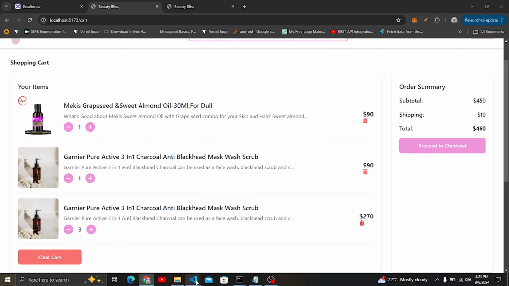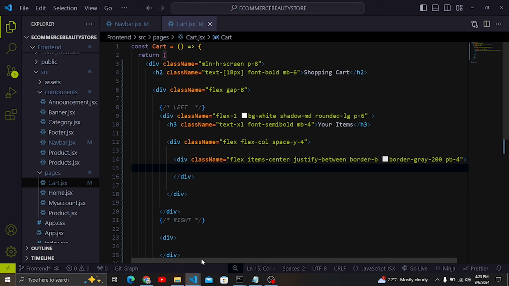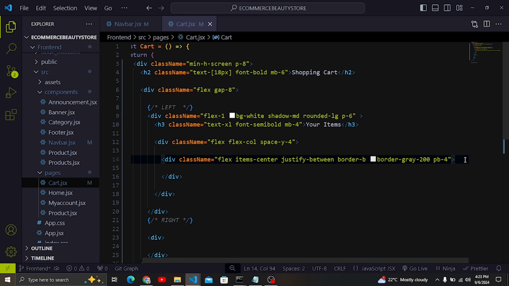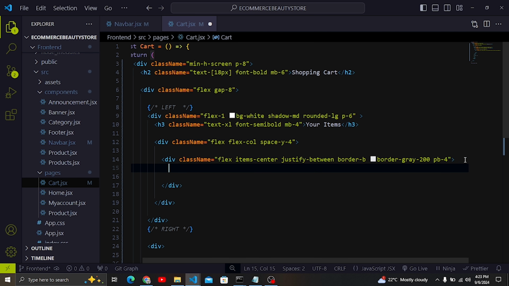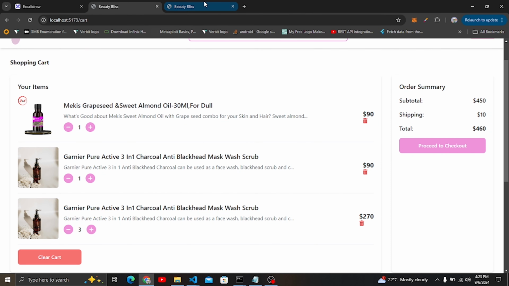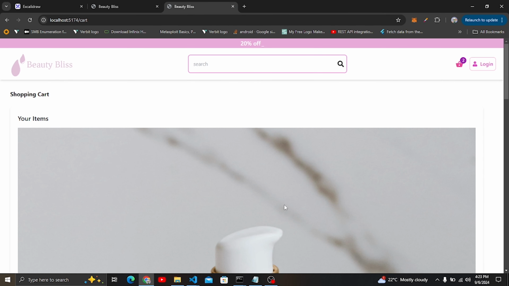So the first thing that I need now inside here is to have the image for the product. So the image for the product here, let's specify it, and inside here we are going to give the location. Let me just give a lotion 1.jpg. I don't know if I have that. Let me see. I have that image. So if I come back here, yeah, you can see we have that image,